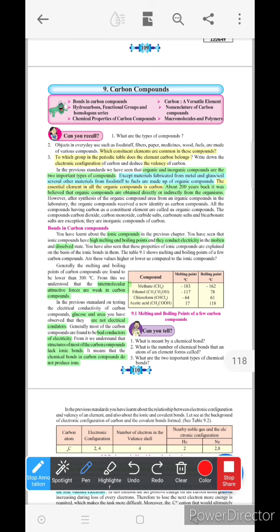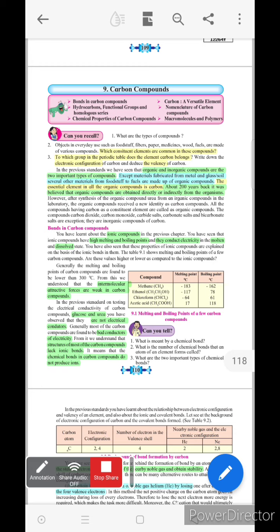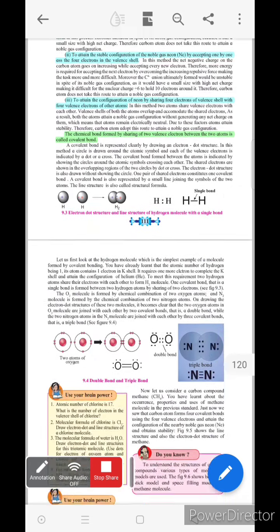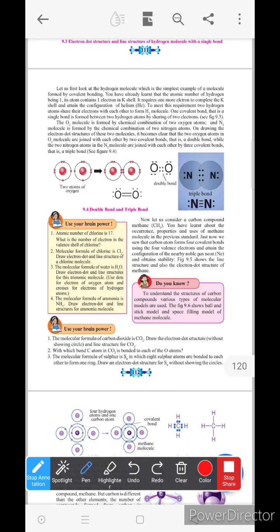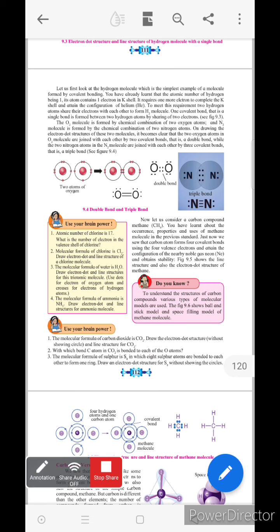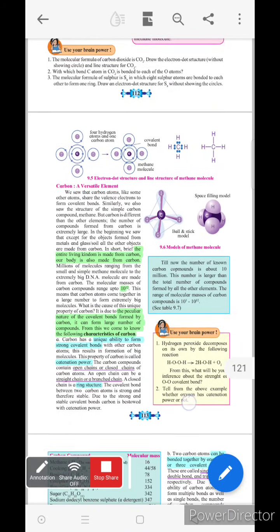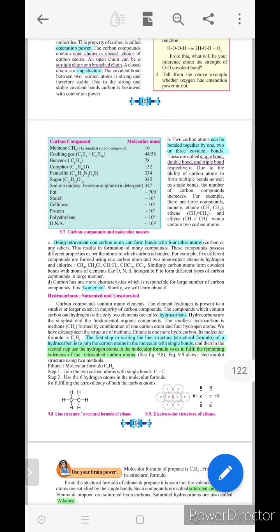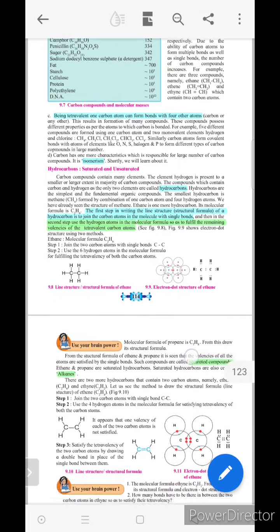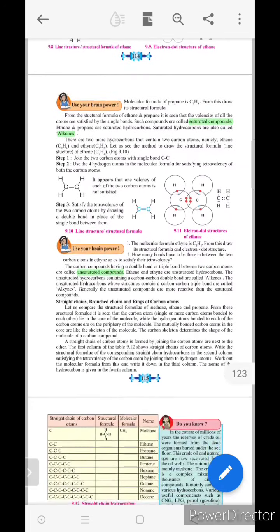Now we will move on to page number 111. There is no reduction. On page number 112, you can see the pink color box, 'Do you know'. That box is removed. Only that box is removed. There is no other reduction for this page. So we will move on to the next page, page number 113. On page number 113, I think there is no reduction. We will move on to page number 114. 114, again there is no reduction. 115, there is no reduction.